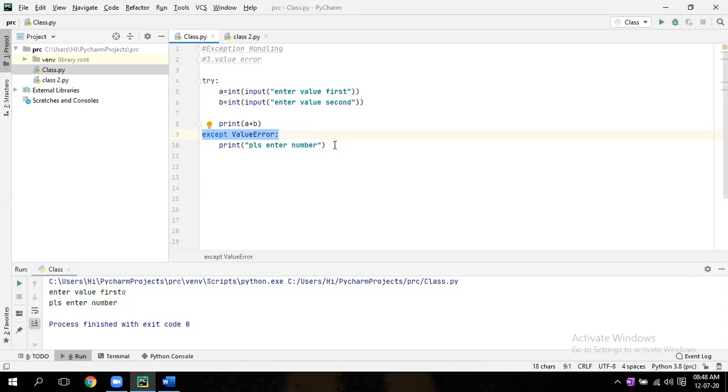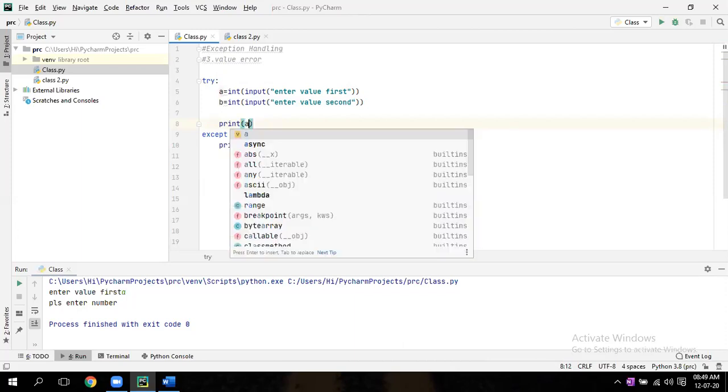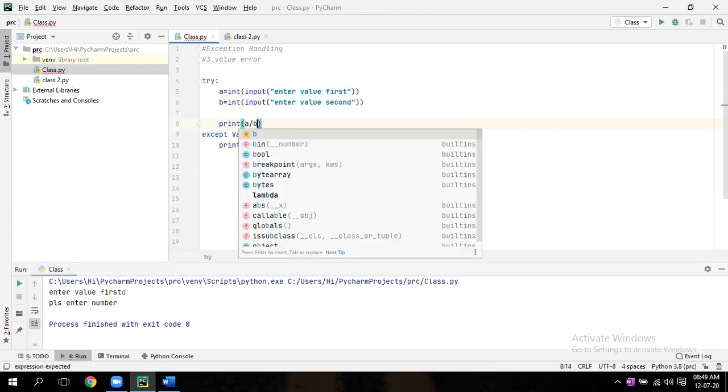Now, let's say here it is a value error, right? Instead of print A plus B, do A divided by B. Just do divide. Now run it.